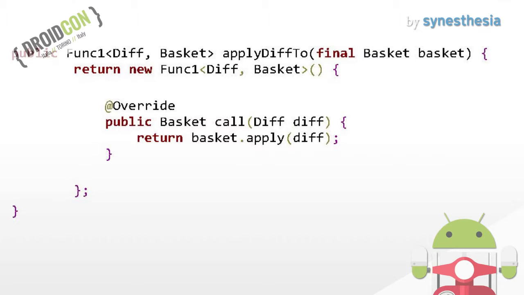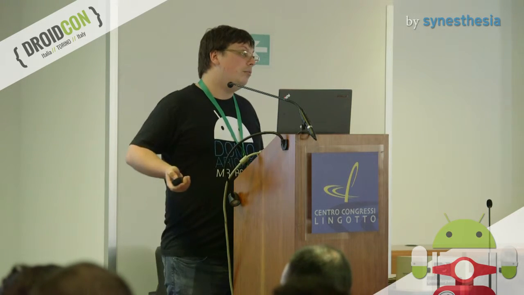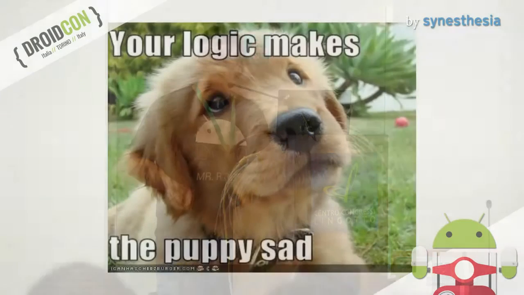You can see here, I have a function that takes a diff and return a basket. How do I define it? Well, it's up to my model, really. At this point, a basket should know how to apply a diff. Or you could have another object that knows how to transform them. But in any case, this is now business logic. As long as you know how to transform a current basket with a diff to the new version of the basket, you're set. This method is going to be called every single time you get a reply and be able to transform it.